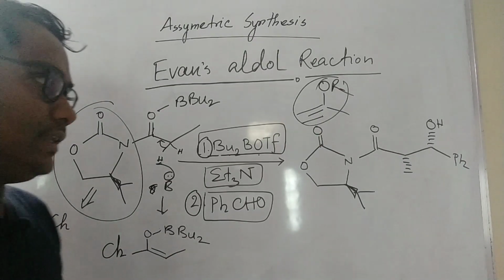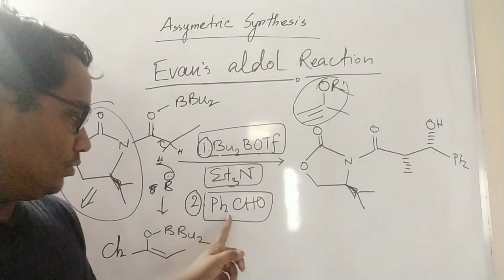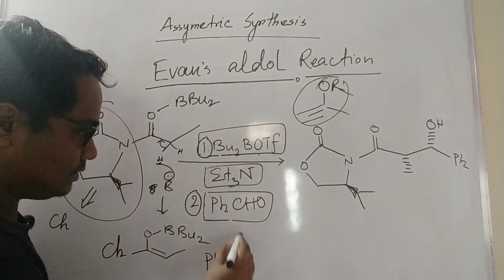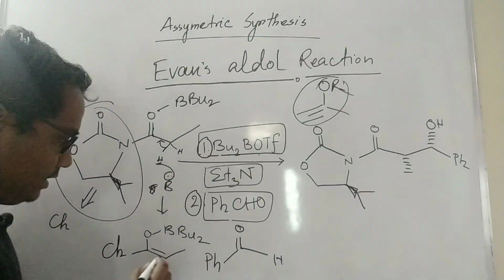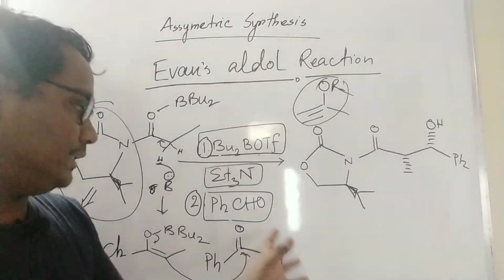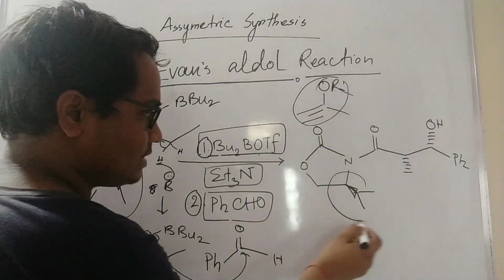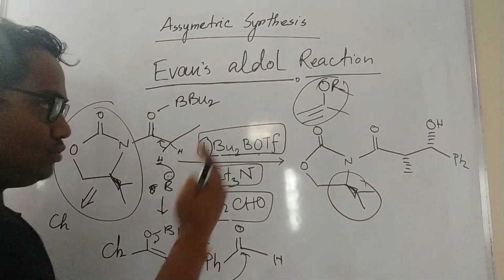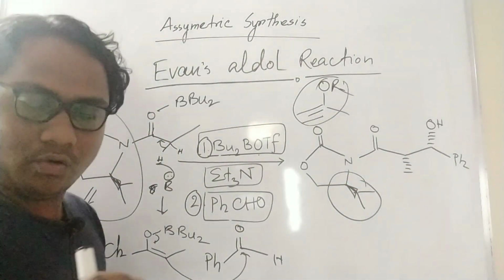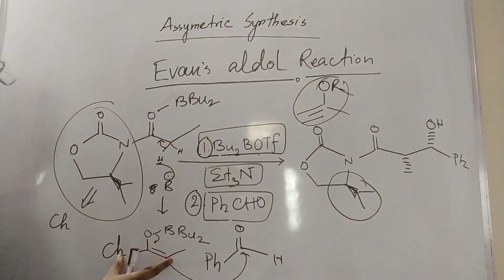Now a very important factor is there. Here 2 groups will come, because that will attack this aldehyde group. This is Ph, this one, and this is H. It will ultimately come and attack. And the relative stereochemistry will be decided by this group. I already told you if any group is there, it will be down. So there are 2 possibilities, because this alcohol will form: one is the cis alcohol or the trans alcohol, but that depends on this enolate.